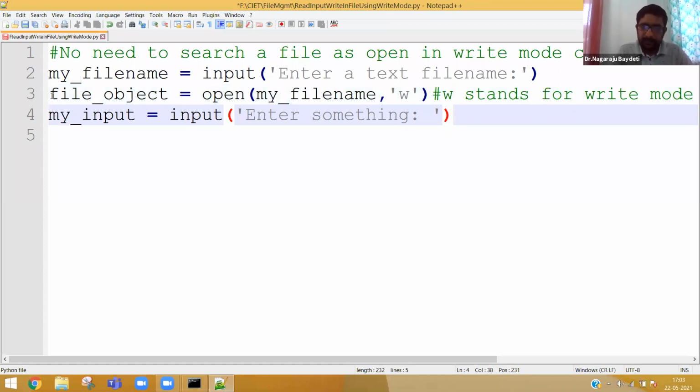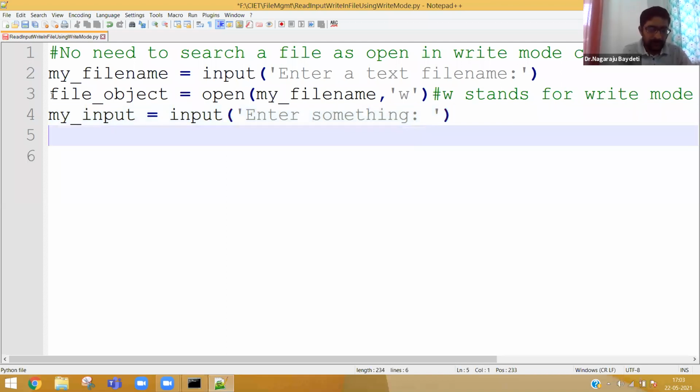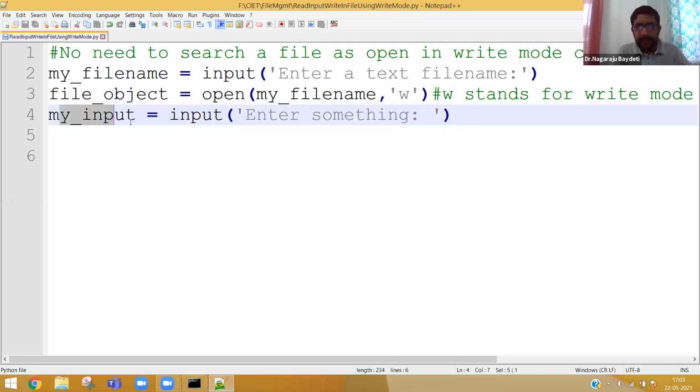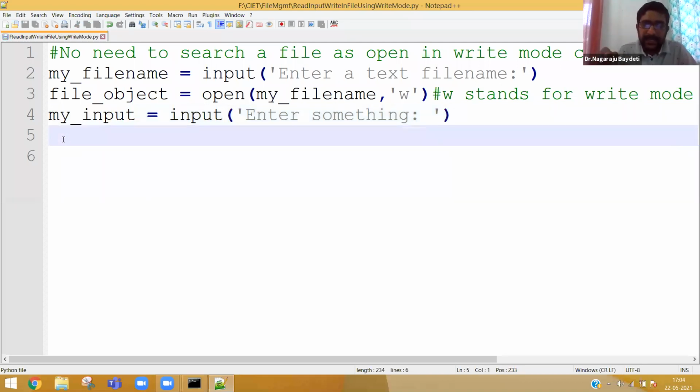You enter a number, you enter a string, you enter a floating point number, you enter comma, full stop, anything. Now, what is my underscore input? My underscore input basically is a string, because the input method reads a string. So that particular string I am storing in my input. This my underscore input has to be written in the file.